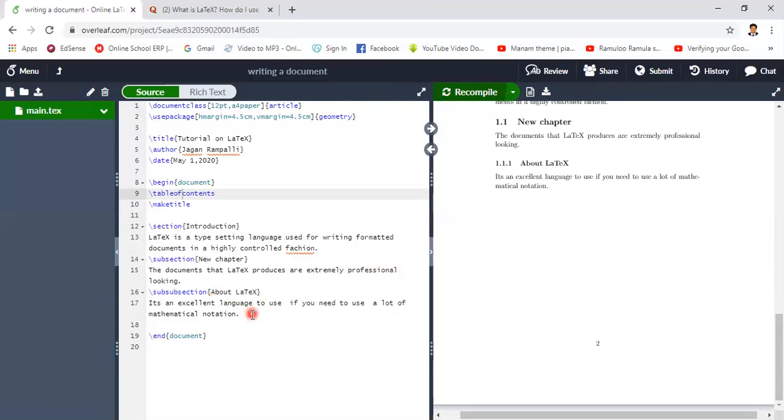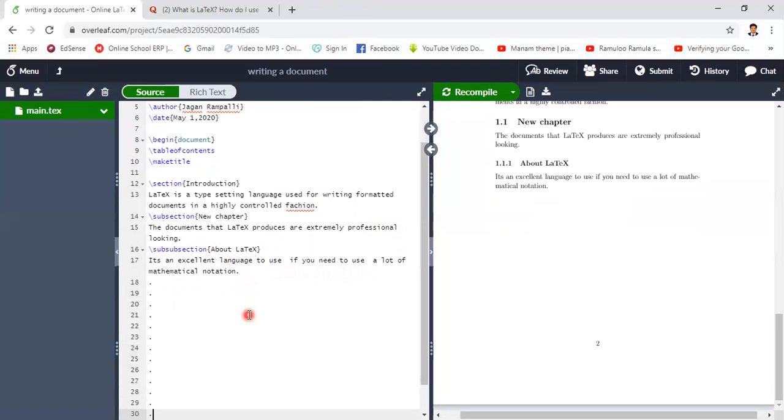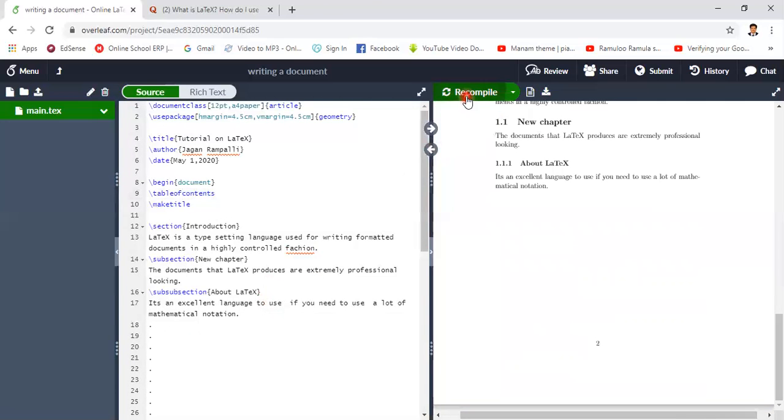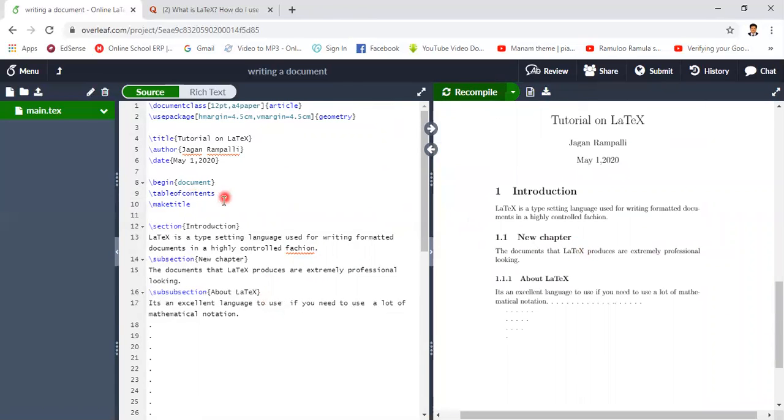So let us do some changes here. Let's check whether it is working or not. Let's compile it. Sorry. Let us go for new chapter here. Here we'll do modifications.